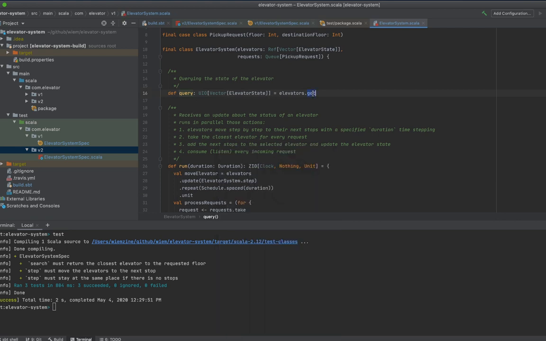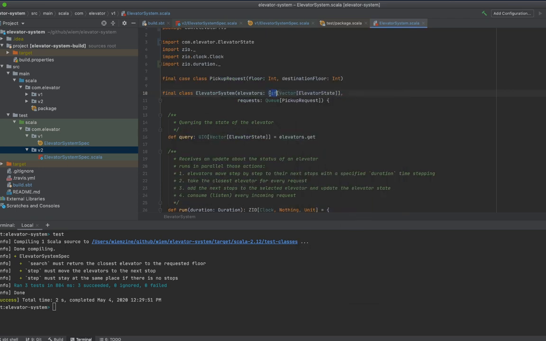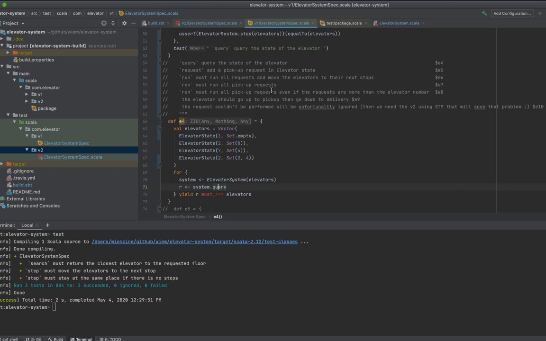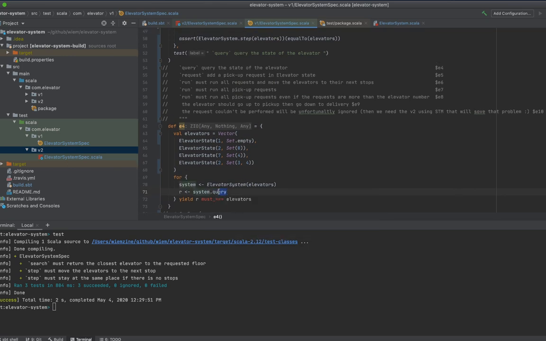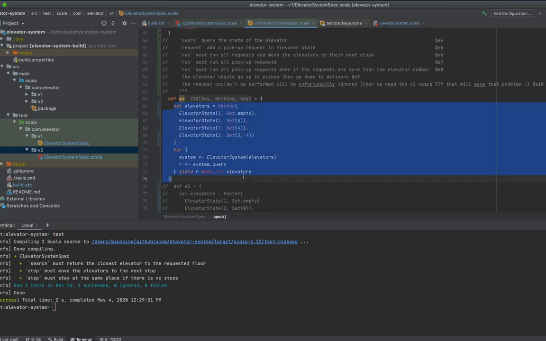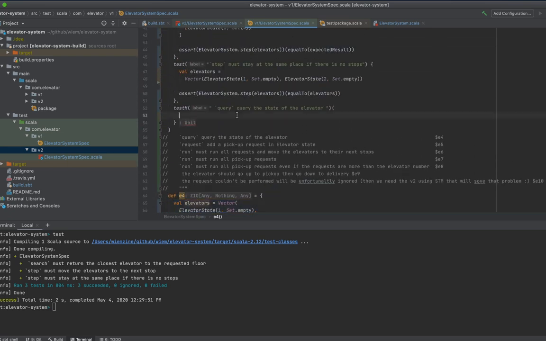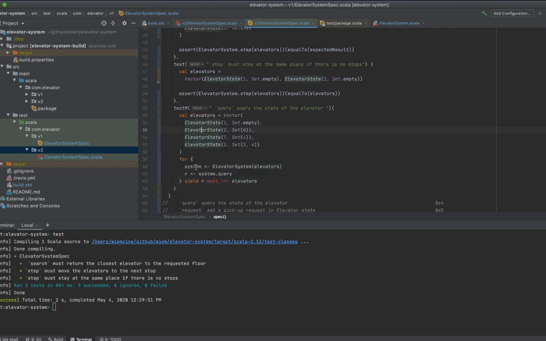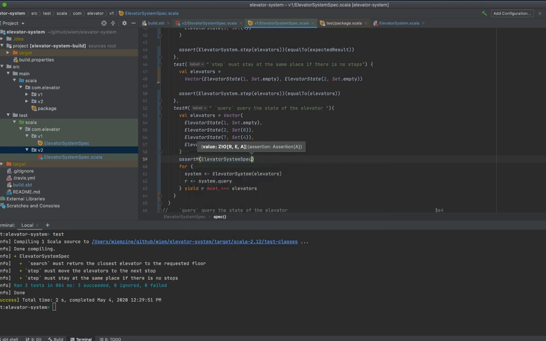It will fetch the state, and the state, the elevator, is a Ref, which is a data structure built on Zio, and this will return an IO, so we need to call test M. And we can copy paste the whole thing here, and actually because we have only this, let's do assert M and elevator system of elevators dot flatMap